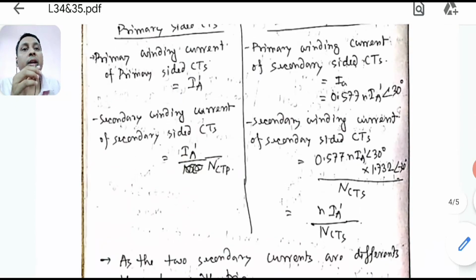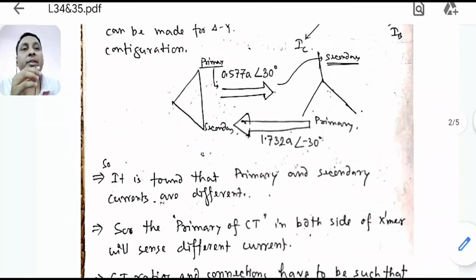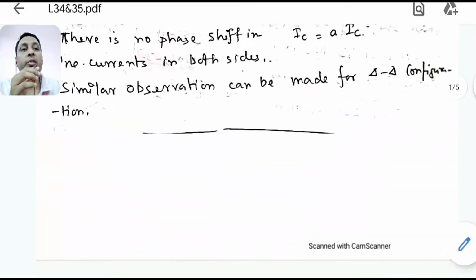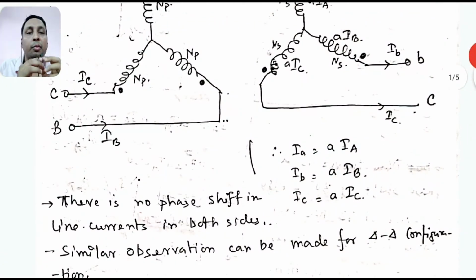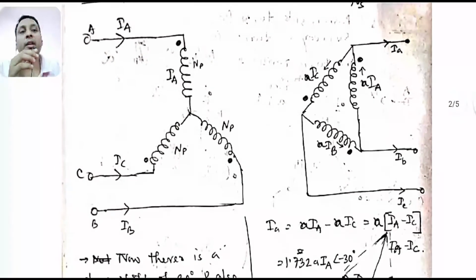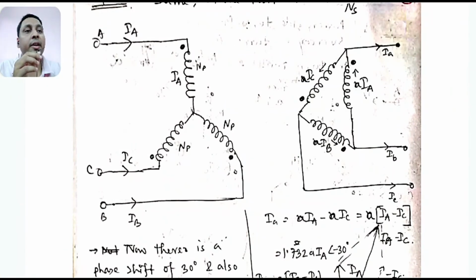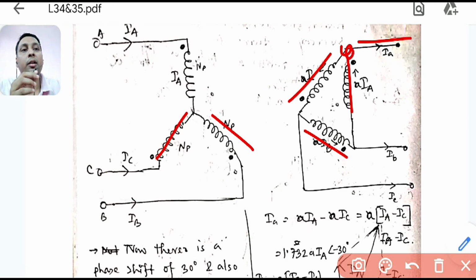So you can see here. You should always remember that whatever formula I am giving is by considering the standard convention. So if in the question, if it is a tricky question, they have changed the connection, then you have to draw the connection and check whether the angle shifting I am giving is the same or not. So what I have considered here, you can see this is my A, then C should be something like that, so C, and B should be something like so B. And what is the standard? Standard was between A and C, the A terminal, and between B and A is the B terminal and C terminal.